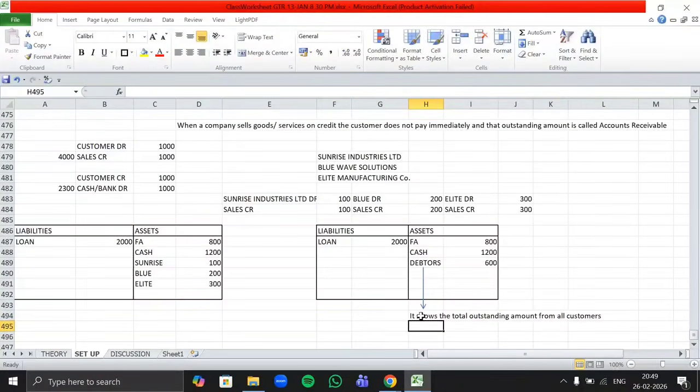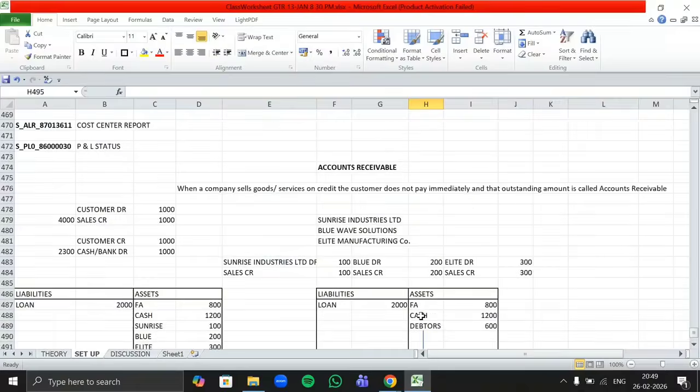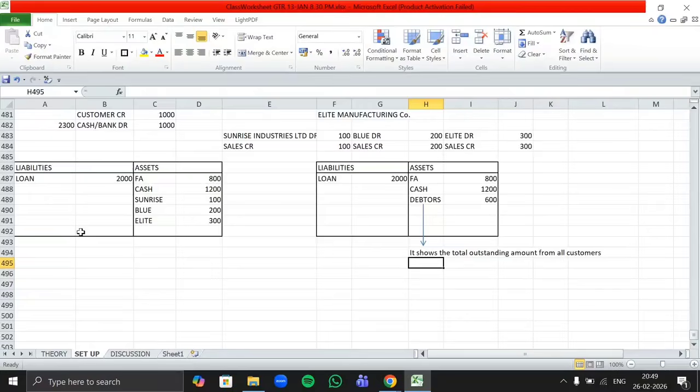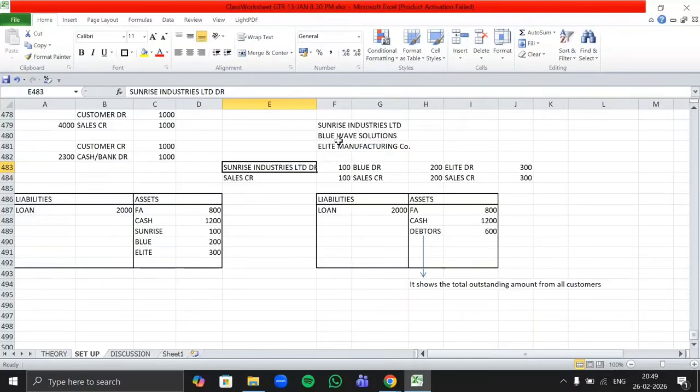So what it does is, debtors GL will create individual customer subledgers. Like how we have general ledgers, where you can view each and every general ledger's detail, in the same way, if you want to check an individual customer's account, let's say how much total receivable there is under Sunrise Industries, or the total receivable amount from Blue Wave Solutions, then we have a customer ledger.